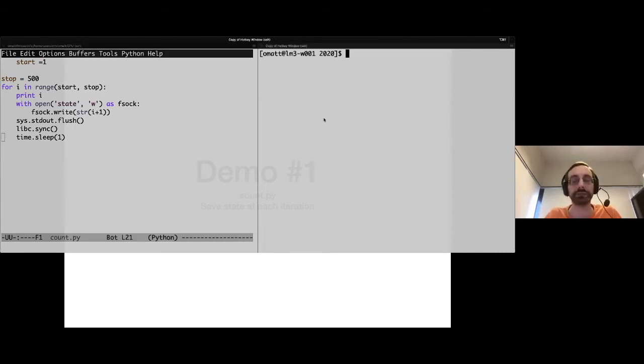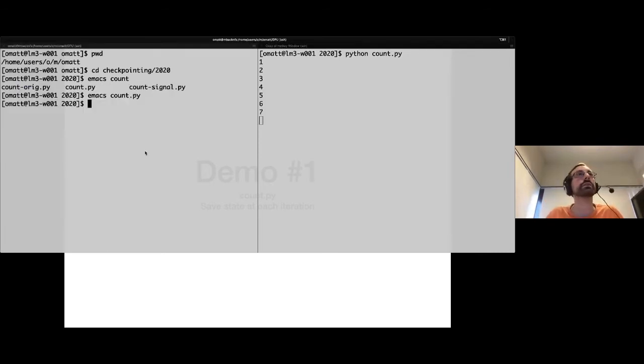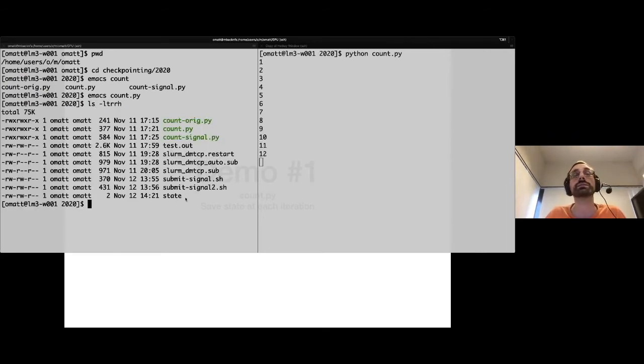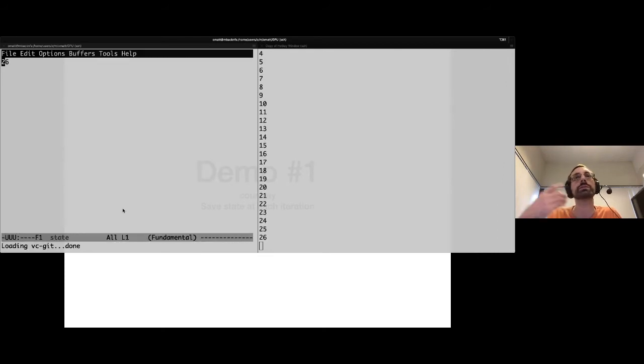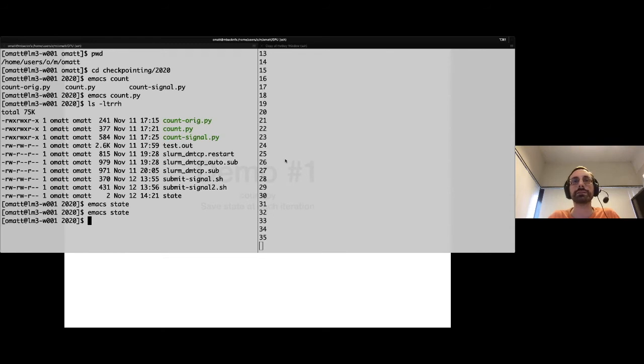So I'm going to execute that. It's count.py. So as I said, I'm just printing numbers. I'm going to quit here. And now if you're looking in the directory, you can see that this file was created. It was created just now at 2:21, already 20 minutes passed. So if I'm looking inside that file, I will see a number which is 26, but you see that this number will be overwritten very soon. So I'm reopening now. Now it's already 31. So that's really saving the status.